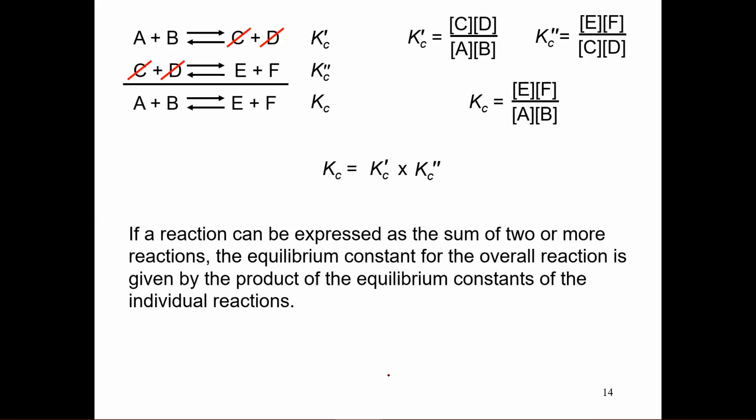If a reaction can be expressed as a sum of two or more reactions, the equilibrium constant for the overall reaction is given by the product of the equilibrium constants of the individual reactions. So that would be if you had a reaction where you start at this point, go to an intermediate, and then go down there. Again, these are going to go in this direction, and they'll also go back in the other. It all depends on the temperature and other factors related to each. So that's the kind of thing where you could get two different reactions occurring in